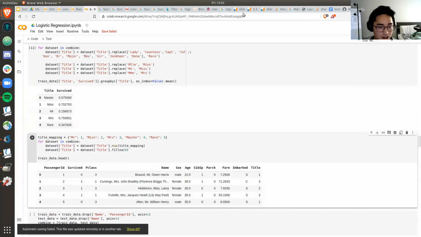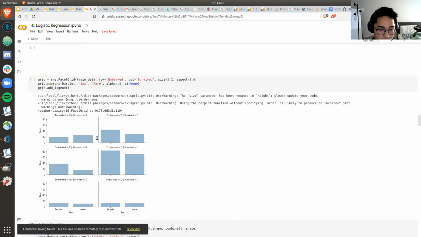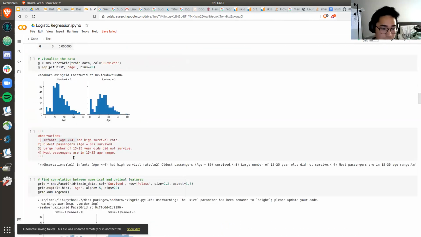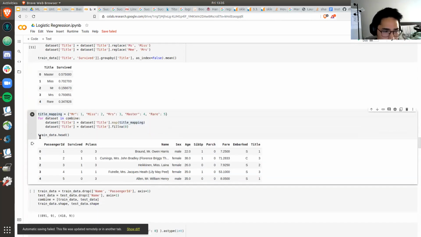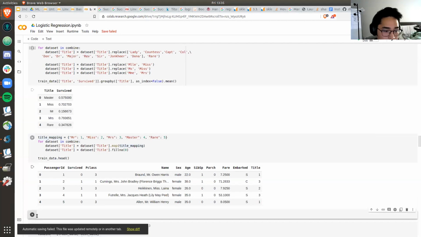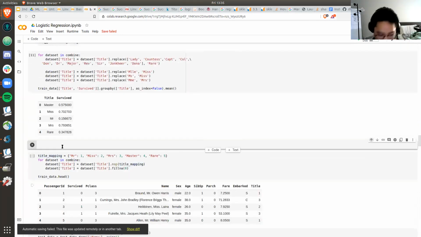Now, when you deal with data sets, one thing you also need to look for is how your data is represented, so basically the data types. So in our data here, actually, let me just create a new cell. We have train data dot head.